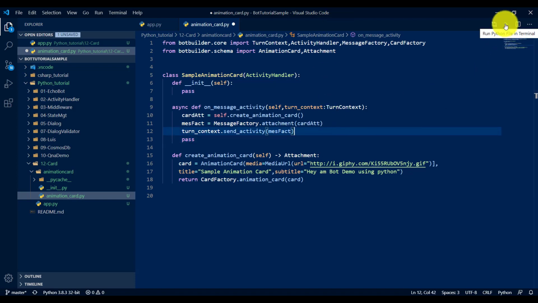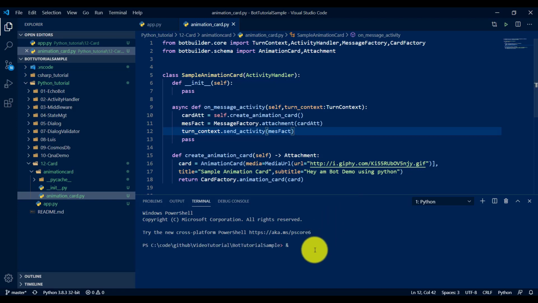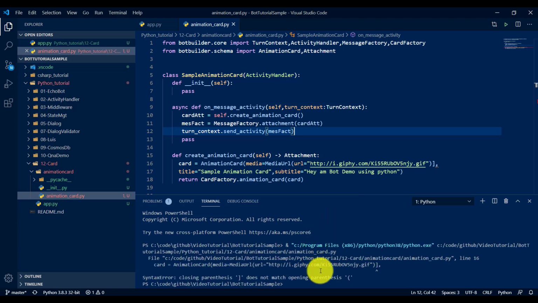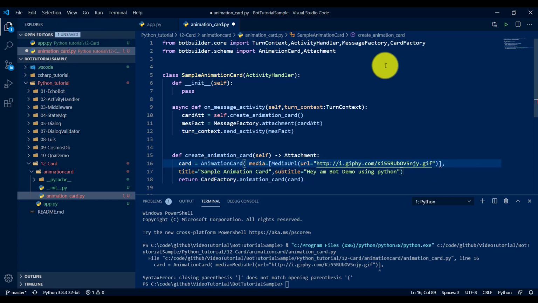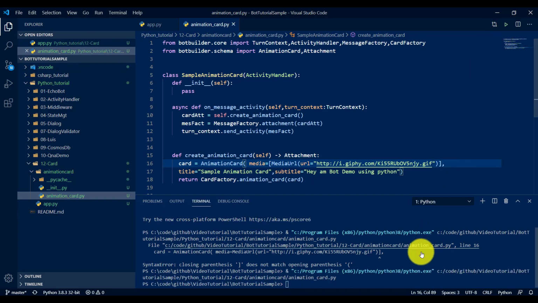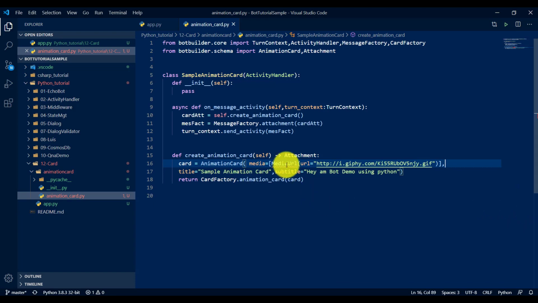We'll run it and check whether there is any error. Yes, we have an error. The issue is that I have to add the import here. Now it seems to be okay. One more thing I missed: we have to specify that media URL.